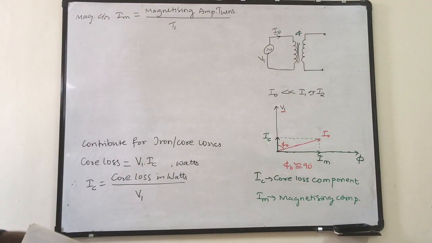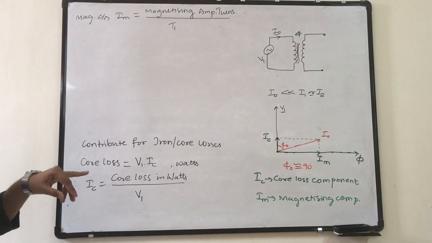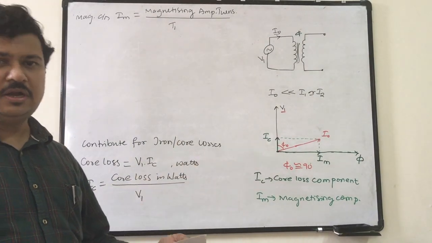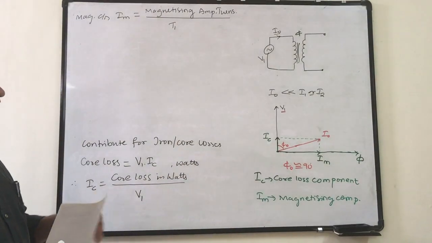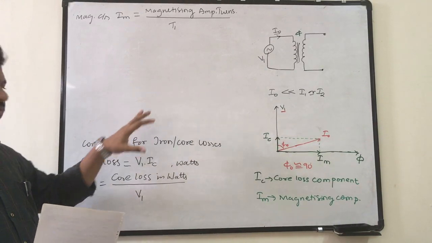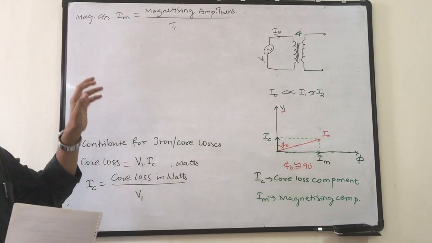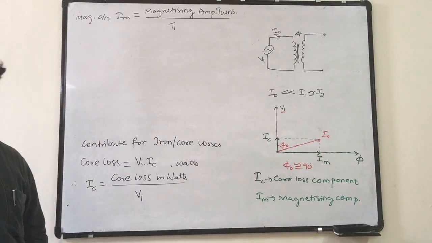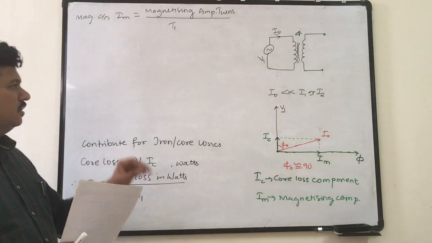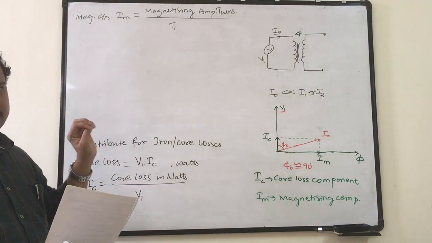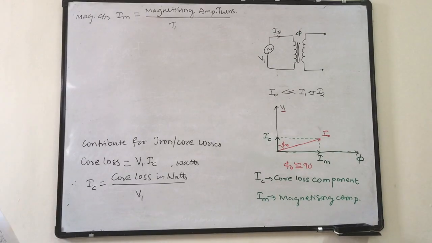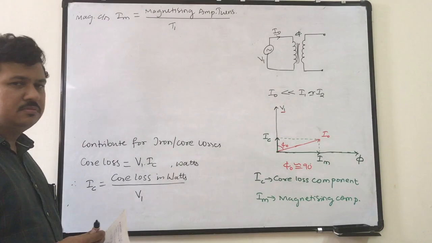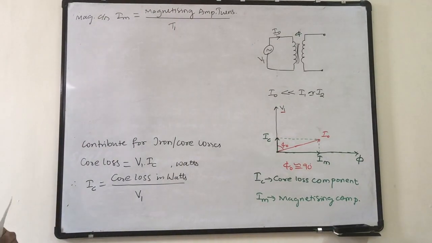But I can still find out the no load components of I naught, that is IC and IM, and I can give a designed value, a prediction through design, that this will be the amount of no load current, I naught equal to under root IC square plus IM square. But to do that, I need to know what IC and IM are based on the design input, or the designed values, for the particular transformer. So how we can proceed to get I naught by knowing IC and IM through the design process, we will look into now.